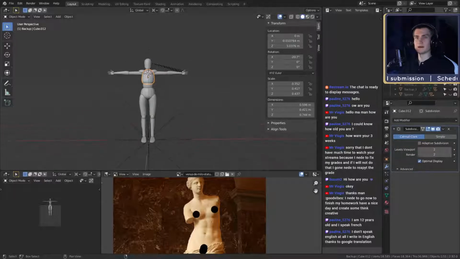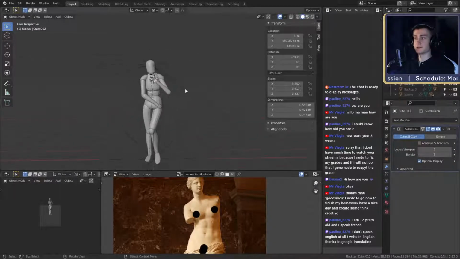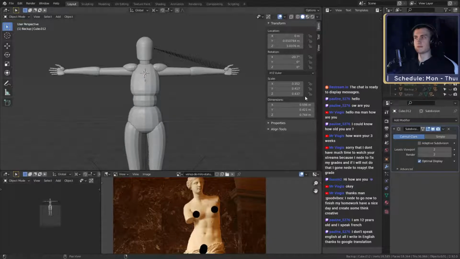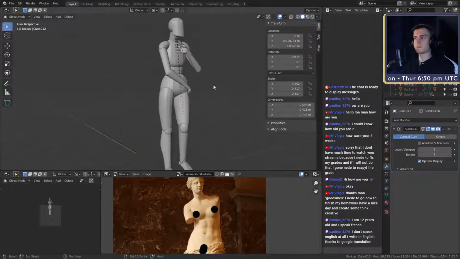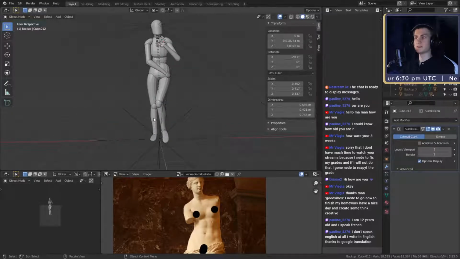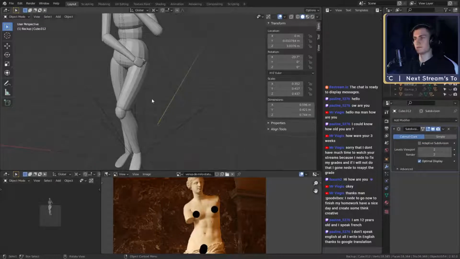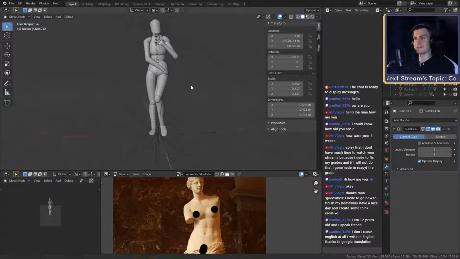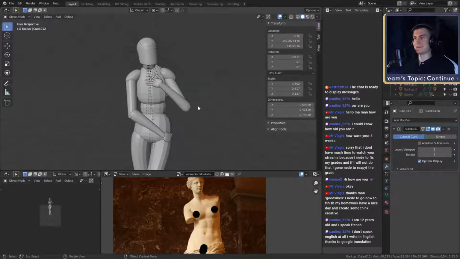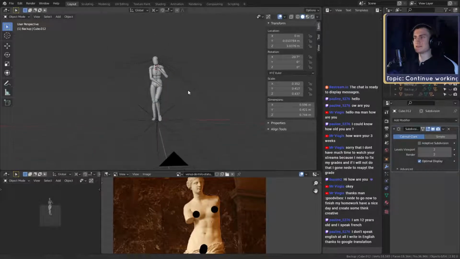I then went ahead and created the pose, just moving the first version into the pose that I wanted it to have, which is this. So still very, very simple, basically a stick figure with some more human-like proportions, like thicker thighs, and overall just a pose. But you can see it's still very simple.